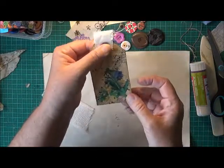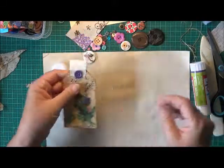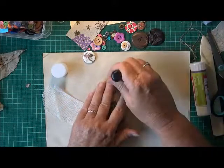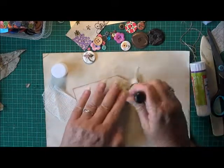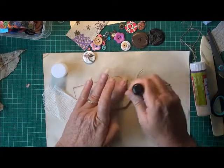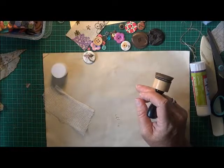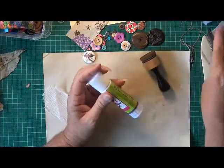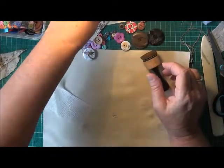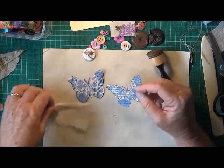So I've just got the little button up there at the top, and just made a very simple tag. Okay, so there's that one. Now the next one, okay, I may as well get the sewing out of the road. So the next one I'm going to do is with the butterflies,